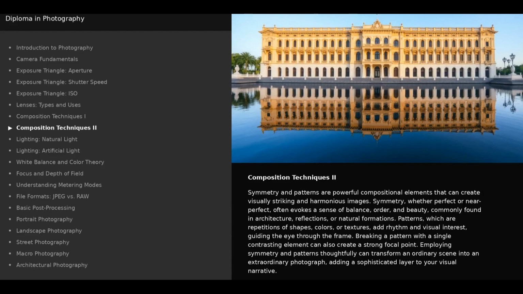Symmetry and patterns are powerful compositional elements that can create visually striking and harmonious images. Symmetry, whether perfect or near perfect, often evokes a sense of balance, order, and beauty, commonly found in architecture, reflections, or natural formations. Patterns, which are repetitions of shapes, colors, or textures, add rhythm and visual interest, guiding the eye